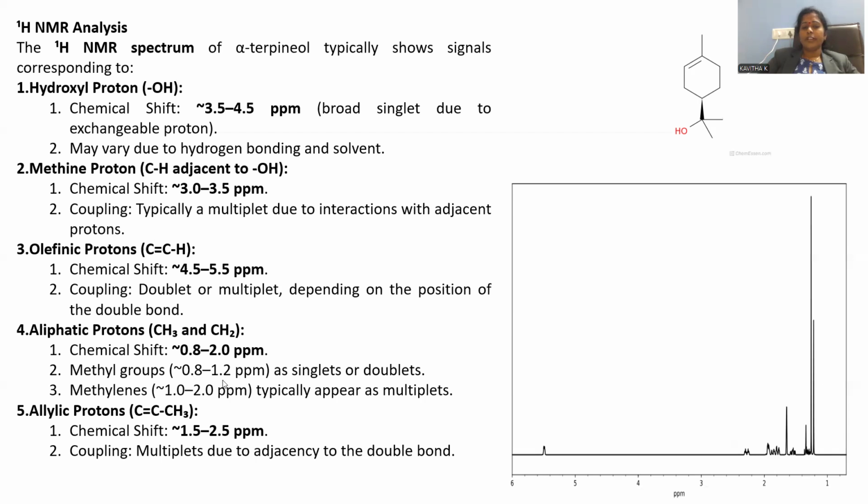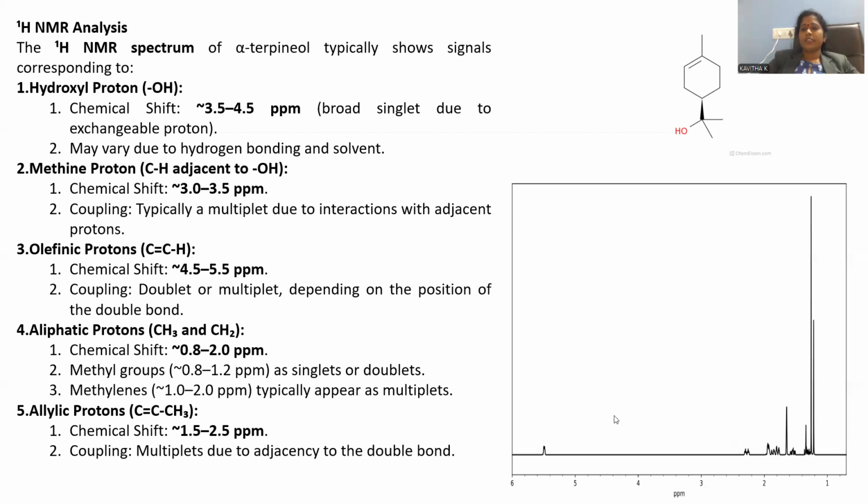In the range of 0.8 to 1.2 ppm, the peak for this methyl is observed. And methylene protons are also there. Here we have CH2, here we have CH2, here also CH2 is there. All these methylene protons are not experiencing deshielding, so they are in the shielding zone, and the values are near 1 to 2.0 ppm only. This is the way the protons exhibit peaks in proton NMR spectroscopy. The allylic proton is also there. What is meant by allylic? Whenever a double bond is present, the adjacent carbon is called the allylic carbon atom.